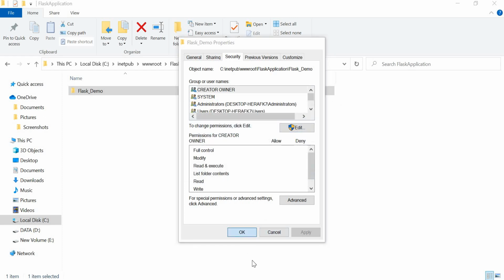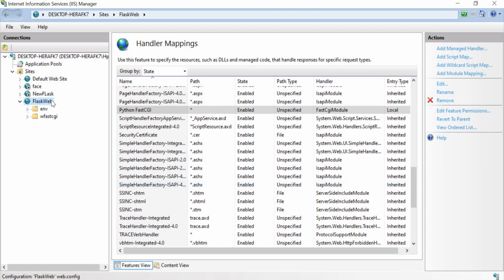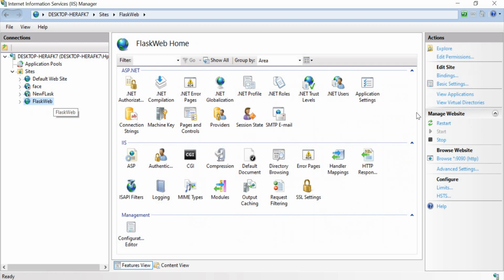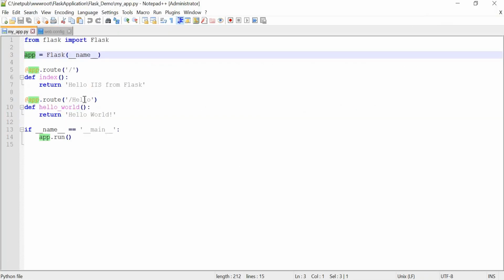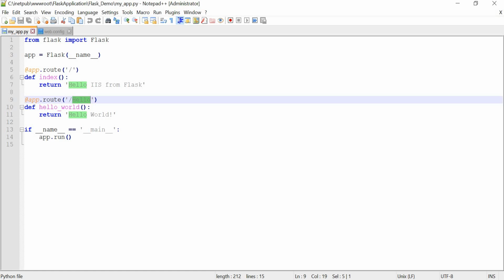Once it is done, click OK, then go to your IIS, double click on this one, restart this. Okay, then click on browse 9090. If you go here, you can check that we are getting the output, that is Hello IIS from Flask, right? We have a second route, that is hello.